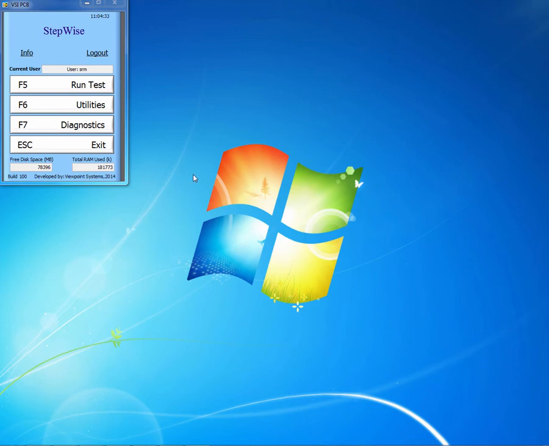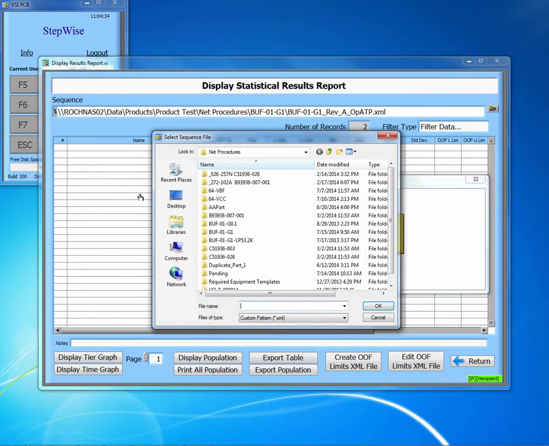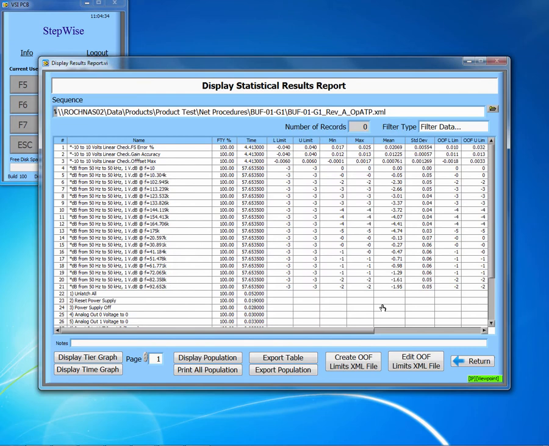Start by selecting Utilities or pressing F6, then select Statistical Report. Select the desired sequence file from its associated parts folder, then click OK. The results of this sequence will only fill in the report table if they have been added to the database